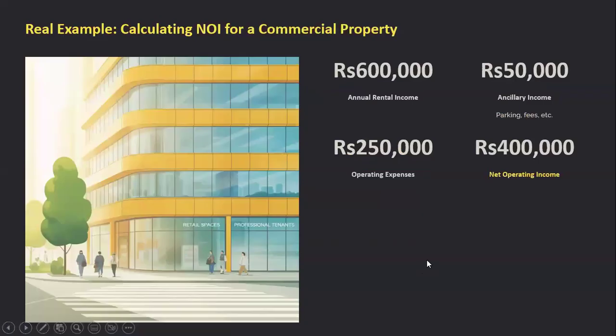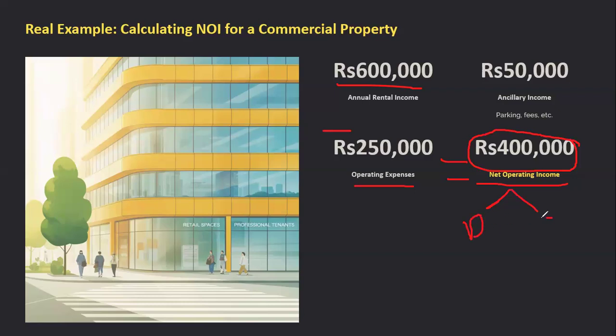But in case I receive something called a deposit, or I require to pay the insurance for a house, or I require to pay municipal taxes, these figures are not considered here. This only talks about my income minus my expenses. And what I get is my net operating income. And what the impact is over my net operating income about debt and equity, we'll talk about in the net operating income approach.